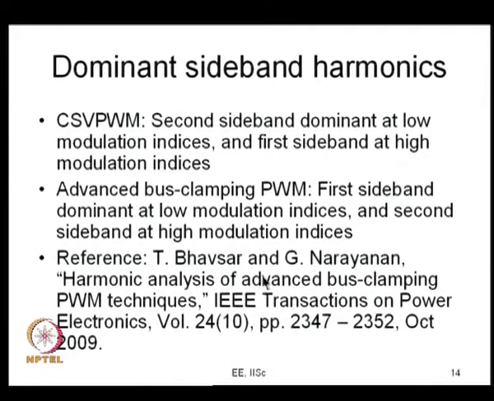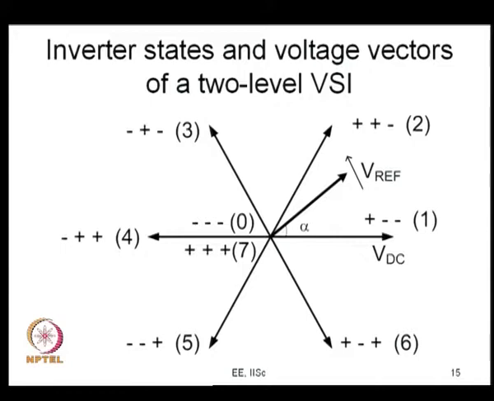It also gives some dominant components for the bus clamping PWM methods, right. So, after this review, we had just looked at the Fourier and the harmonic spectrum. Now, let us try and see how we can do the same job in the space vector domain. So, this is now in the space vector plane and you have this angle and we are going about that,